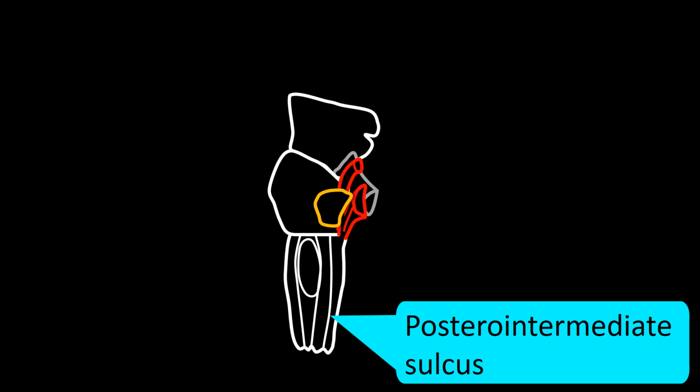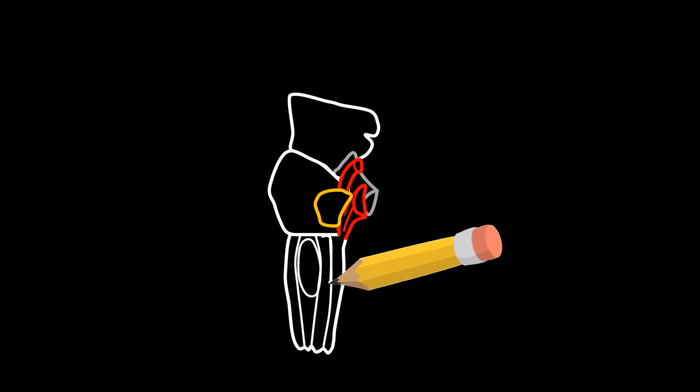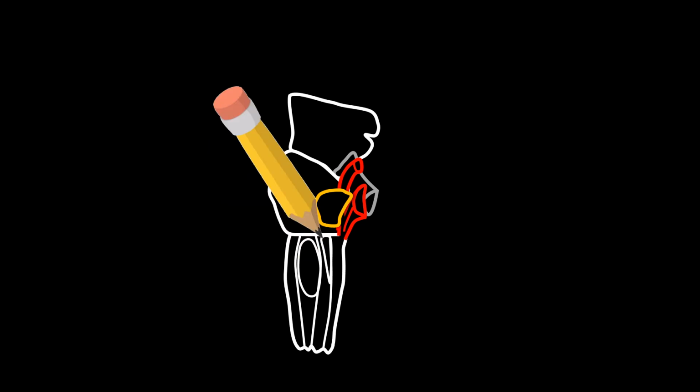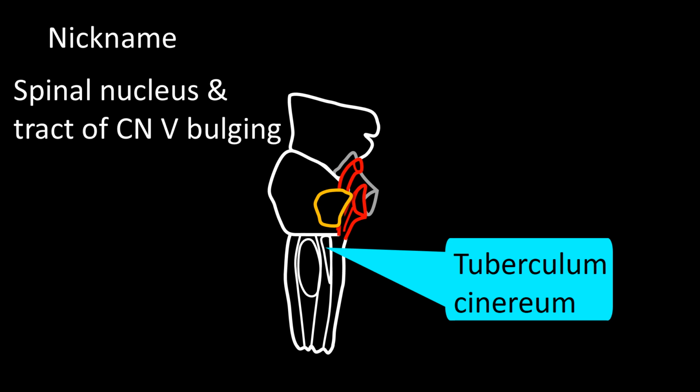Now, between the postero-intermediate and the posterolateral sulcus, place the pencil just below the pons, close to the posterolateral sulcus, and move it towards the back, that is towards the posterior intermediate sulcus, for a short distance. Bring it down to about half the distance to the bottom, and then up again, closing the structure. This is the tuberculum cinereum, which is actually the bulge produced by the spinal nucleus and the tract of the